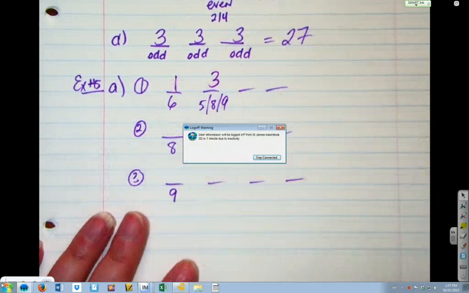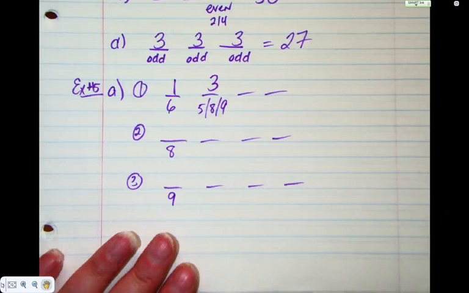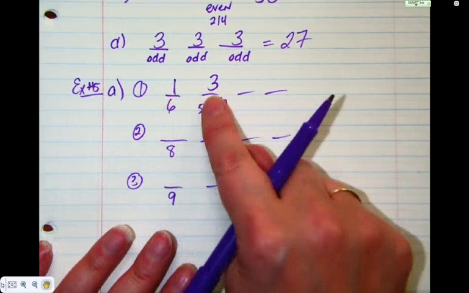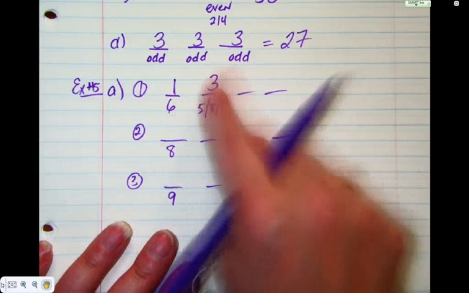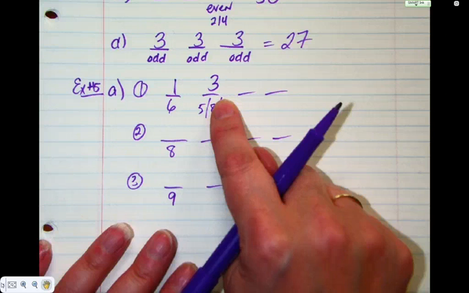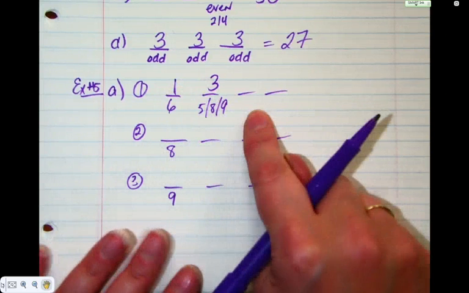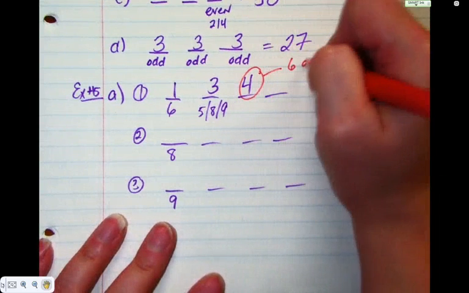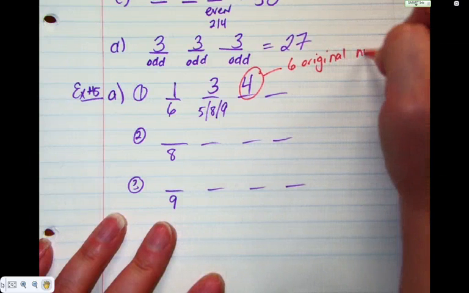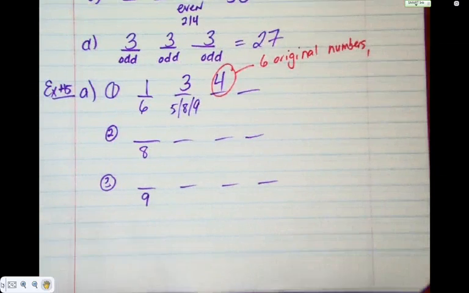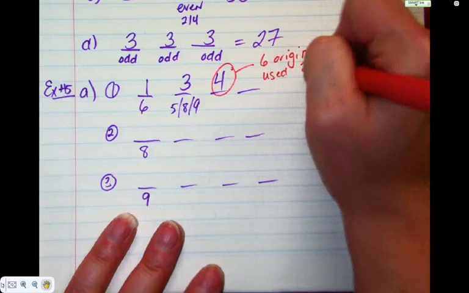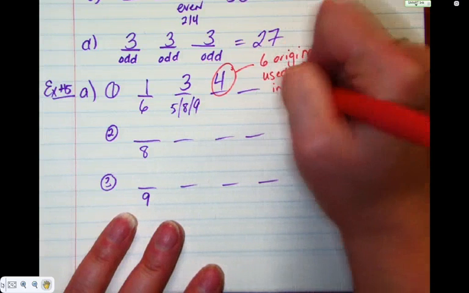This is 1 choice and 3 choices. We just now need to figure out how many are left. Well, how many numbers did we start with? We started with 6. We've used 1 in the first spot and 1 in the second spot. This is choices, but how many do we actually choose? 1. So if we had 6, we put 1 here and 1 here. We're left with 4. And let's just make a note of where that came from. 6 original numbers. We used 2 of them in the first 2 spots.